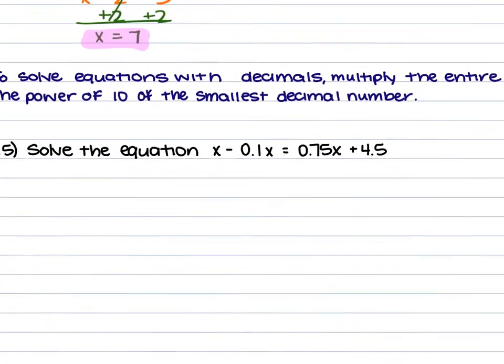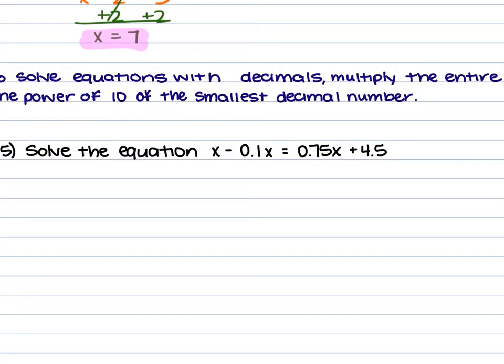For 5, we have x minus 0.1x is equal to 0.75x plus 4.5. I don't want to work with decimals either, so I'm going to take my smallest decimal value and take the amount of decimal places that are in that value and multiply the entire equation by 10 to that power. So our smallest decimal here is 0.75. There's 2 decimal places in that, so it's 10 to the second power that I'm multiplying the entire equation by,